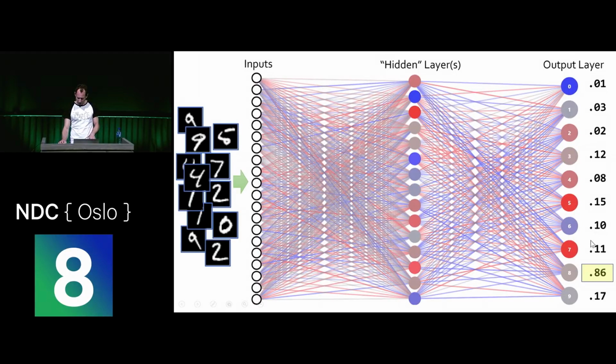If there was another one there that had, say, 0.4, it wouldn't really matter too much. So just as before, big errors are much worse than small errors. Small errors don't matter. As long as the highest one is the one it's supposed to be, we've done pretty well. So we're going to use the same loss function for character recognition. We're going to use the square of the error as a loss function.